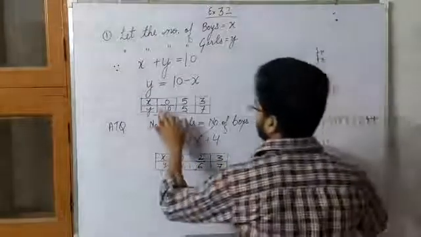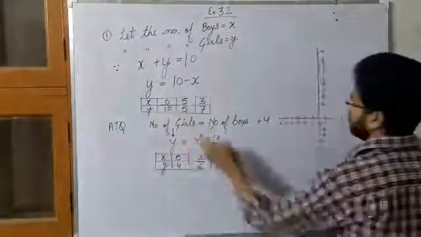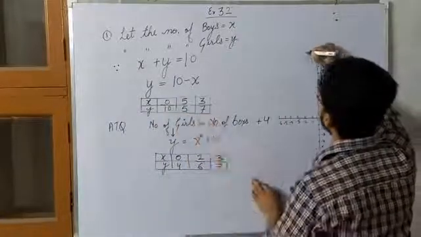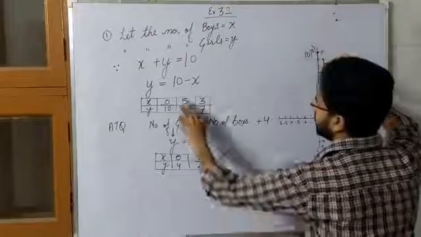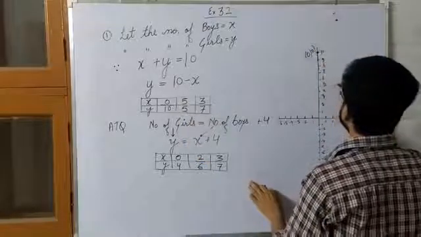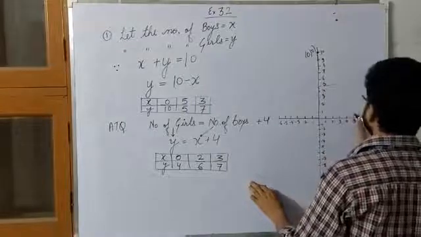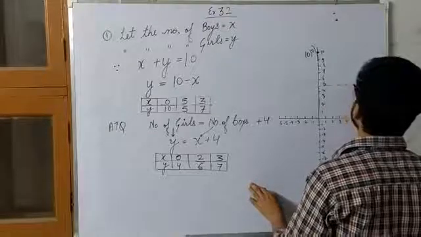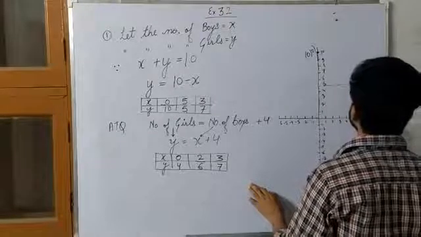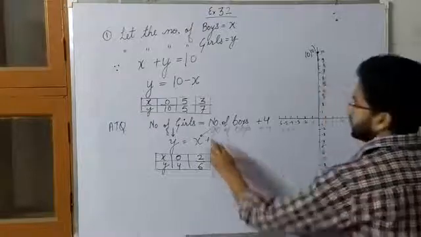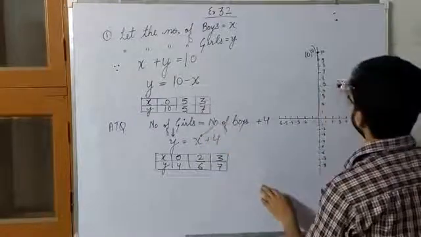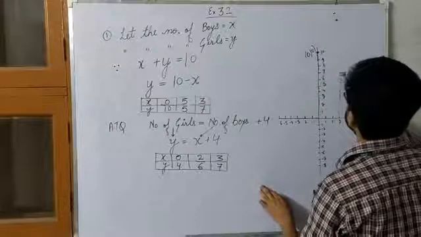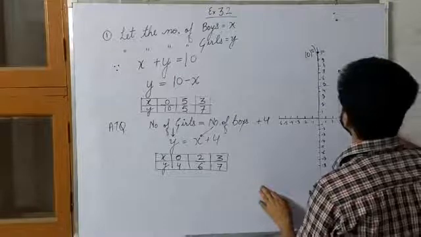Just look at this. Now the first point is 0, 10, right? If x is 0, that means this point will come on y axis. What is the point? 0, 10. Second point is 5, 5, right? So this is on x-axis, here is the 5, and on y-axis, here is the 5. So it will come approximately here, right? Now the third point is 3, 7. X is 3 and y is 7, right? So this point will approximately come this side, right?